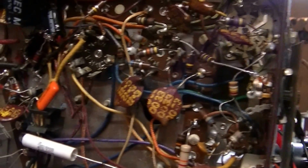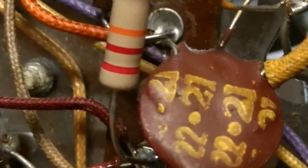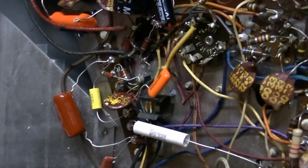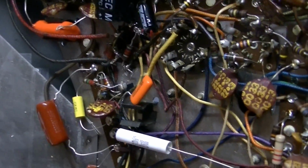One thing that's interesting about this set that is really neat and makes them really easy to work on is these aren't really terminal strips here. They're like terminal strips, but they have these little cups. You can see that one right there, and all you have to do is stick your soldering iron into that cup, and get it molten, and then you can just pull the lead right out. So you can get another look at that one there. Makes it very, very easy to change components in these sets. And really recapping took no time at all. It took more time to make sure that I was putting the right values back in versus the actual change